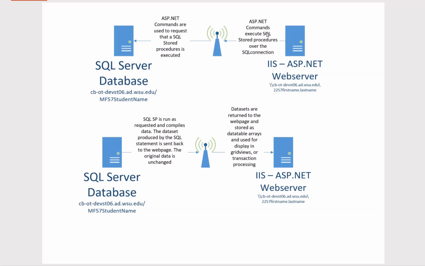So we're using ADO.NET objects, which is a set of classes inside ASP.NET: SQL command, SQL connection, SQL data adapter, data table, etc. We're using these, if you want to just say ASP.NET objects, to connect over the web to your database. So that's the whole idea. In the web page, we're going to write commands that run over a connection, and those commands are going to be received by the database, and